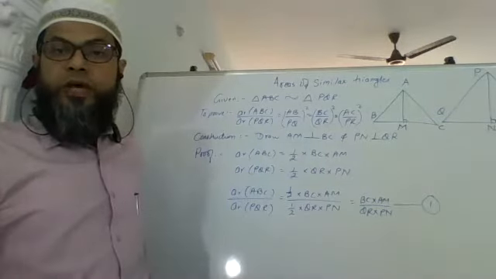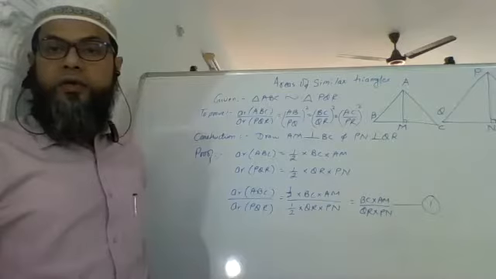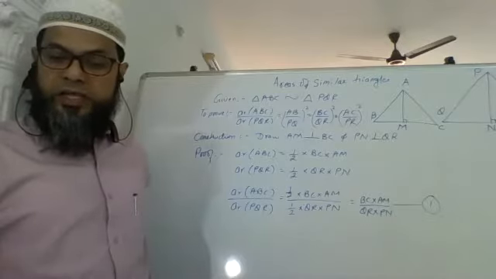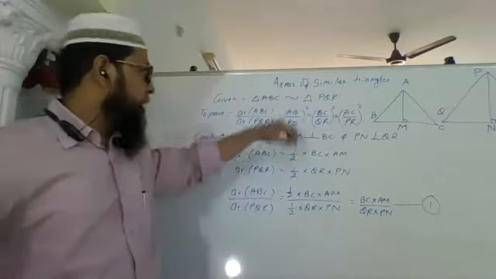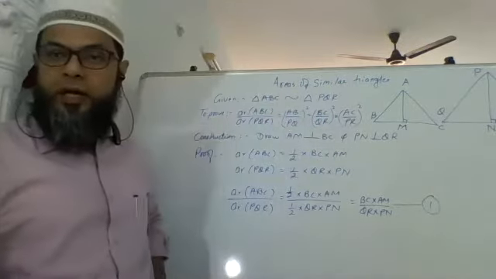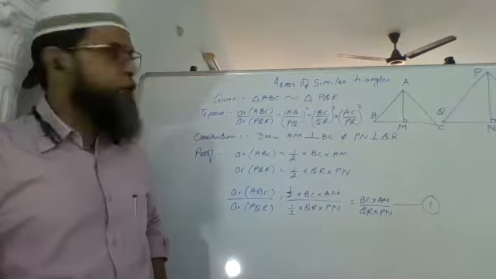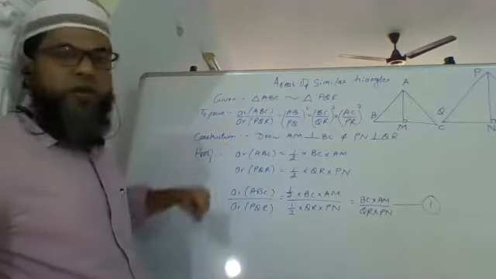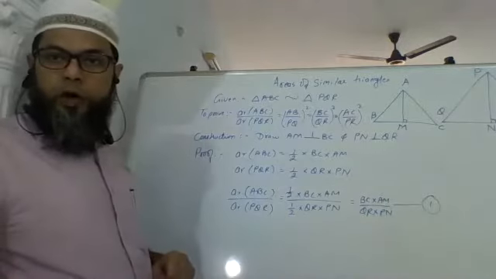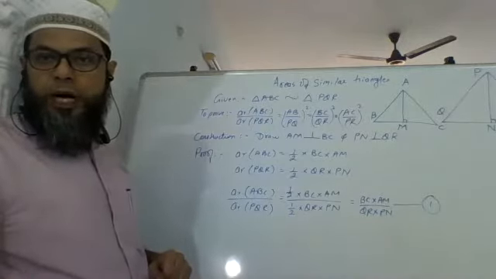We are doing areas of similar triangles. Two triangles are given, triangle ABC and triangle PQR. Triangle ABC is similar to triangle PQR. We are given that. So we have to prove area of triangle ABC upon area of triangle PQR